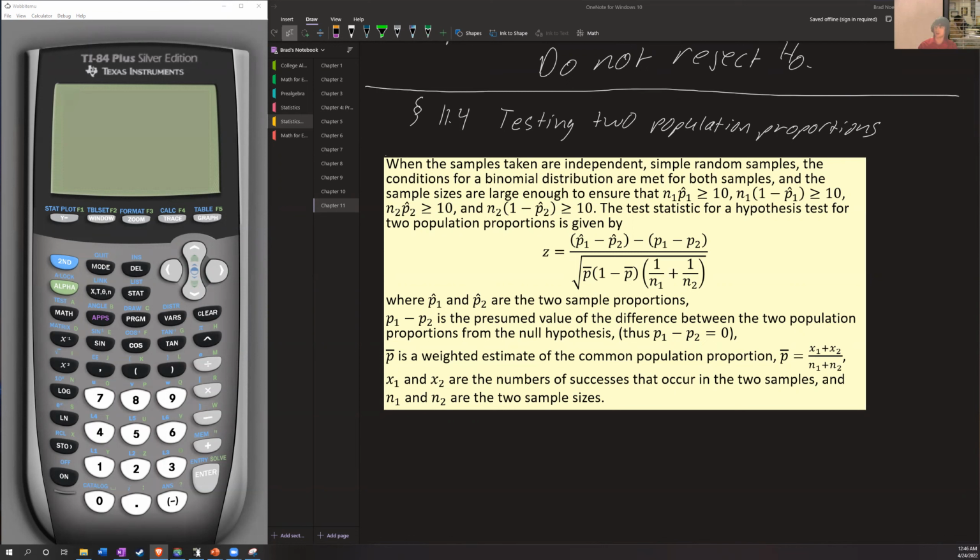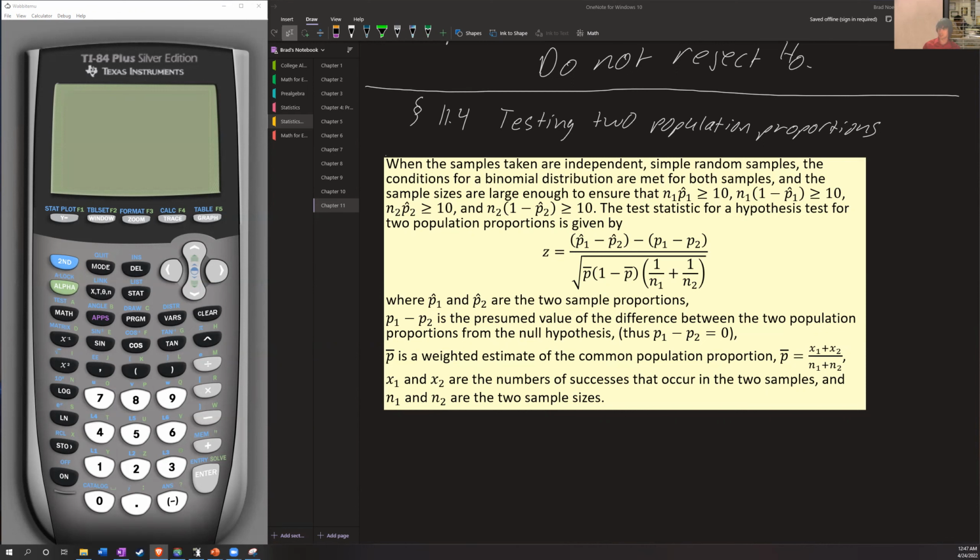The test statistic for a hypothesis test for two population proportions is given as follows, and note that this is a continuation of our extension of our binomial distribution to our normal distribution using our correction factor. And we see that z equals p1 hat minus p2 hat minus p1 minus p2, over the square root of p bar times 1 minus p bar times 1 over n1 plus 1 over n2, where p1 hat and p2 hat are